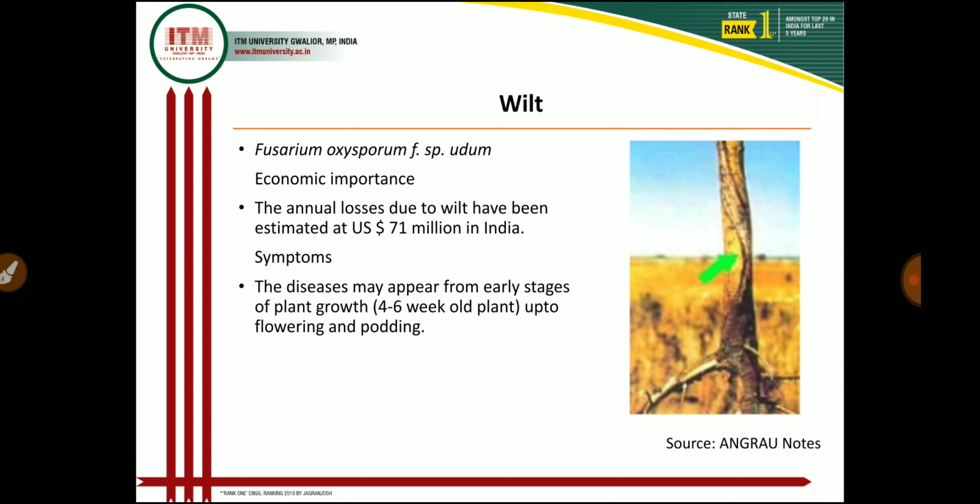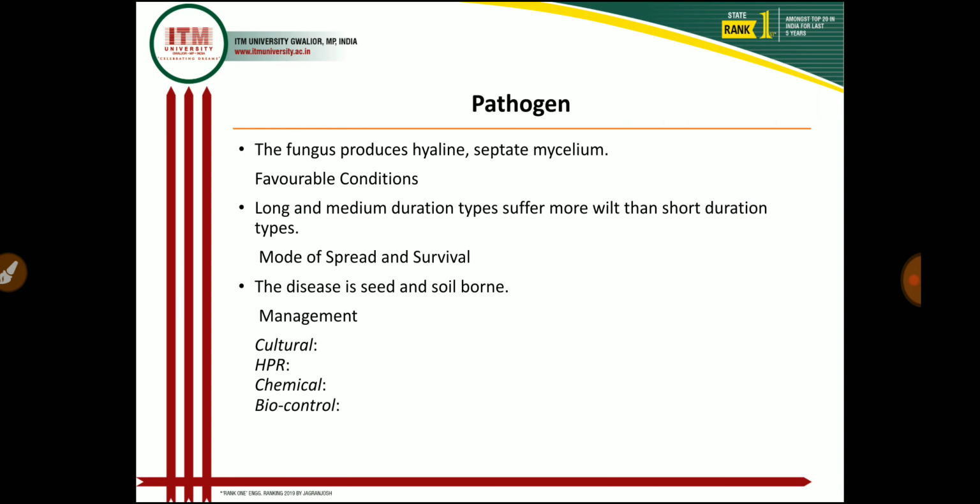The foliar symptoms include loss of turgidity, intervenal clearing, and intervenal chlorosis. These are the most characteristic symptoms of the wilt of the pigeon pea crop. And in pathogen characteristics, this fungus produces hyaline septate mycelium because Fusarium is a higher fungus, and Fusarium produces macroconidia as well as microconidia. Microconidia are hyaline, small, elliptical or curved, single-celled or two-celled, and macroconidia are also hyaline, thin-walled, linear, curved or fusoid, pointed at both ends with 3 to 4 septa present on the macroconidia.